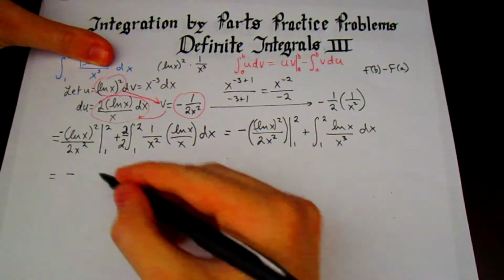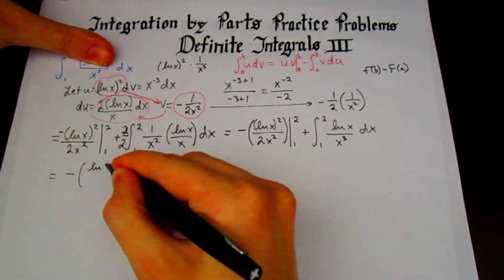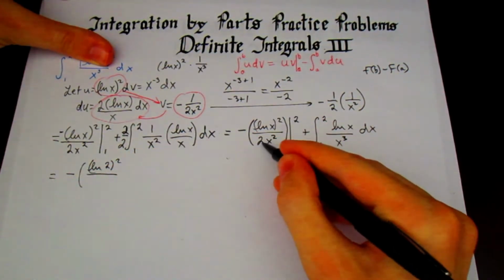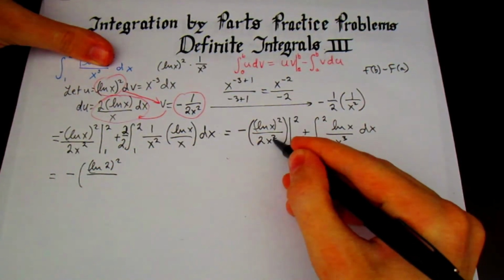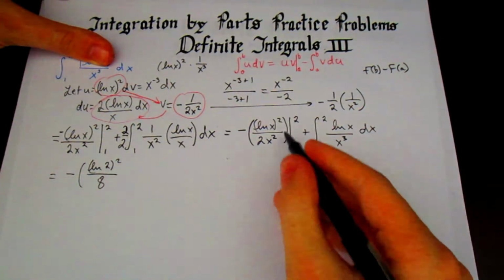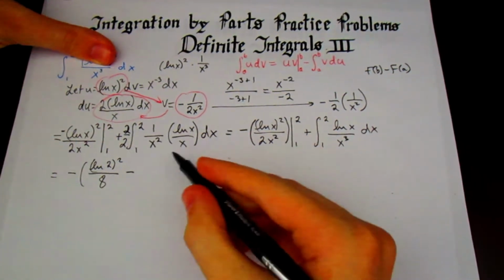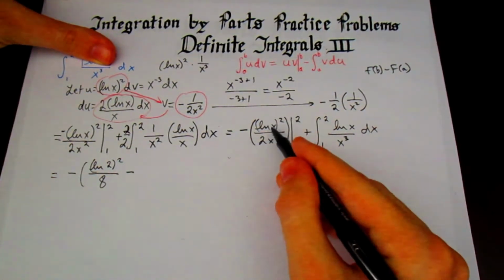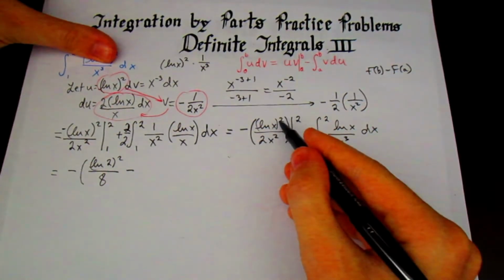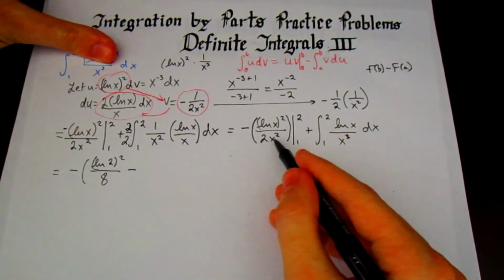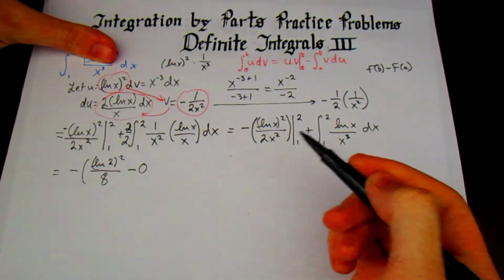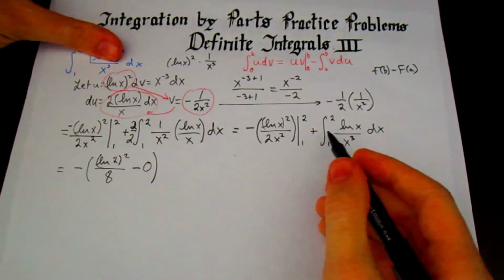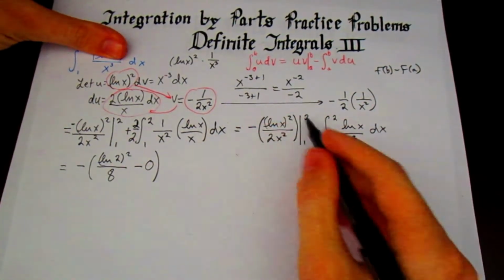Okay, that's going to be negative the natural log of 2 quantity squared over 2 times 2 squared, which is 2 times 4, which is 8. And then I'm going to subtract the natural log of 1 squared. Well, the natural log of 1 is 0. 0 squared is 0. 0 divided by 2 is 0. So it's just going to be 0 right there, because 0 over anything is 0. Okay, so that takes care of this. Plus,